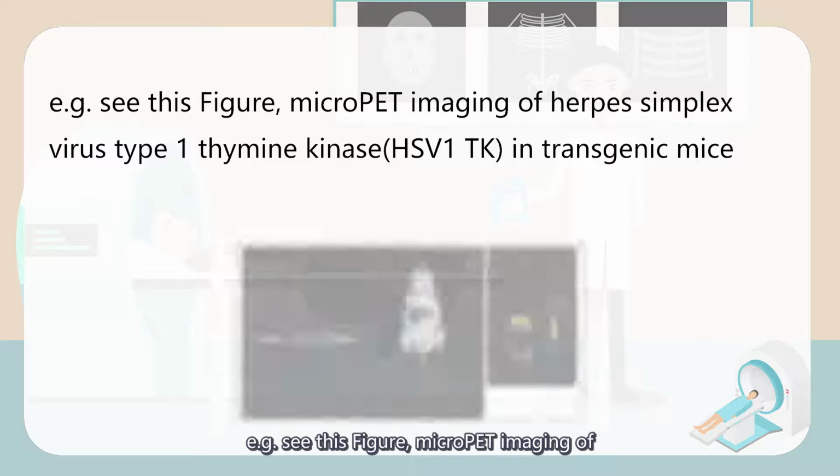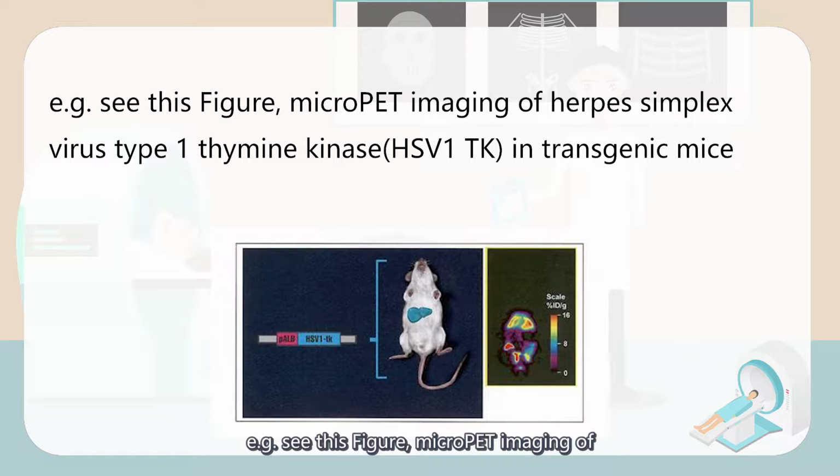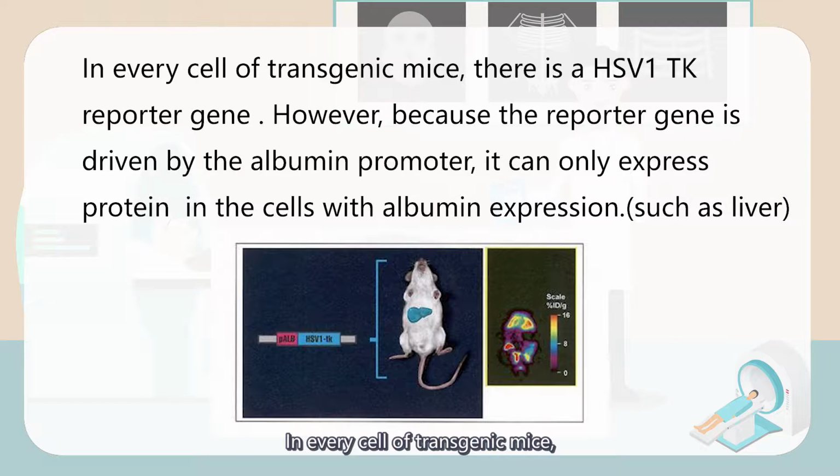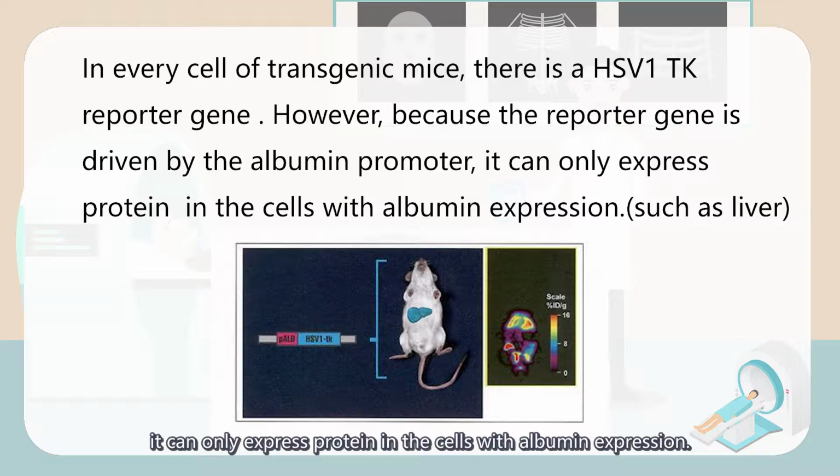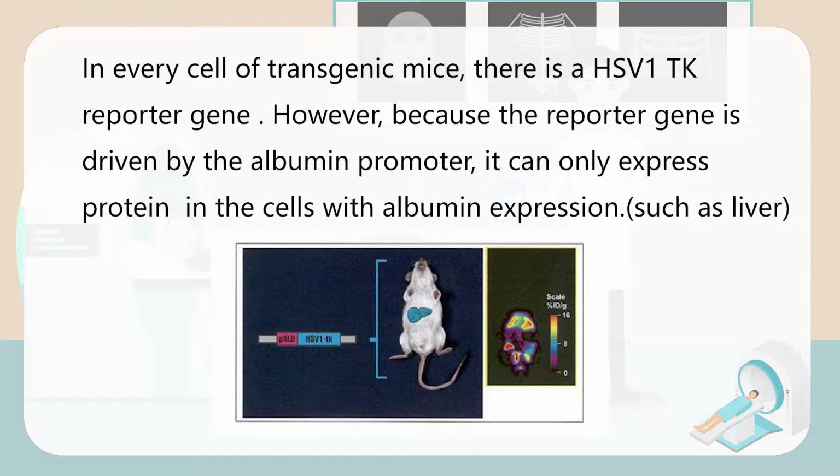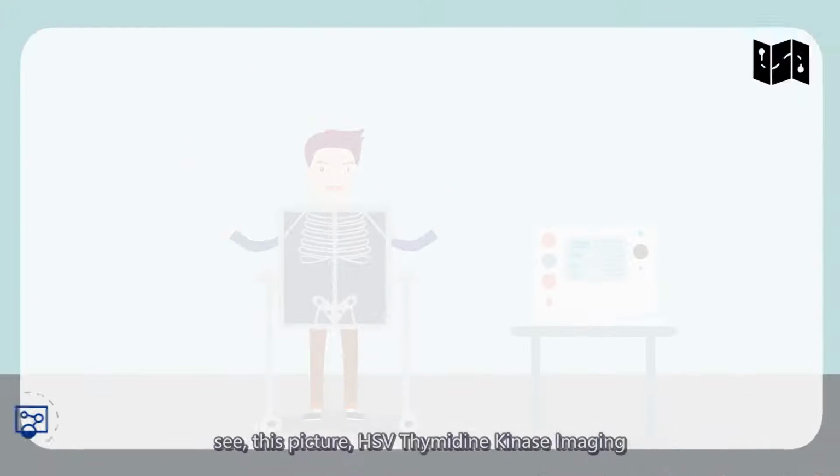For example, see this picture, micro-PET imaging of herpes simplex virus type 1 thymidine kinase, we call it HSV1-TK, in transgenic mice. In every cell of transgenic mice, there is a HSV1-TK reporter gene. However, because the reporter gene is driven by albumin promoter, it can only express protein in the cells with albumin expression, such as liver. See this picture,